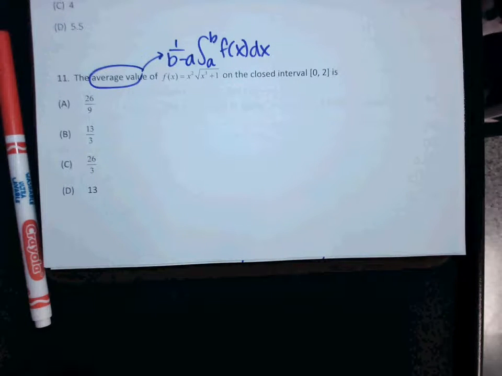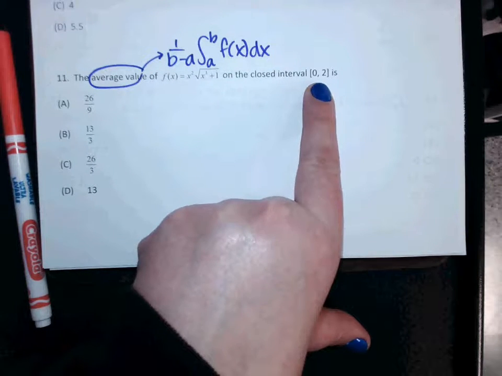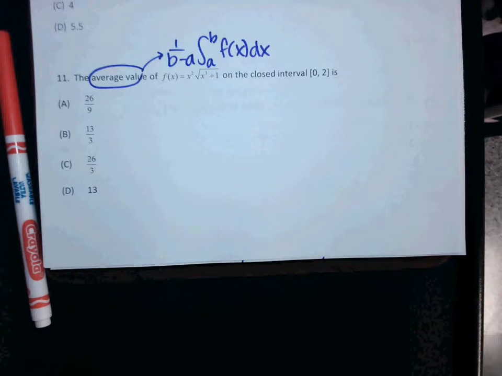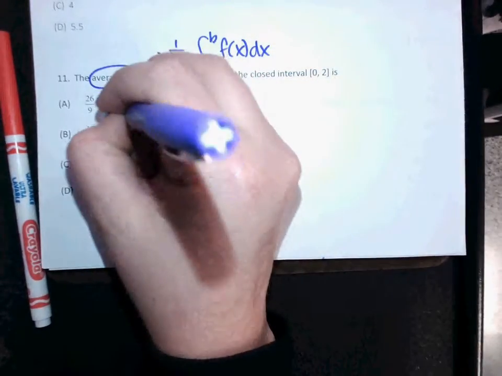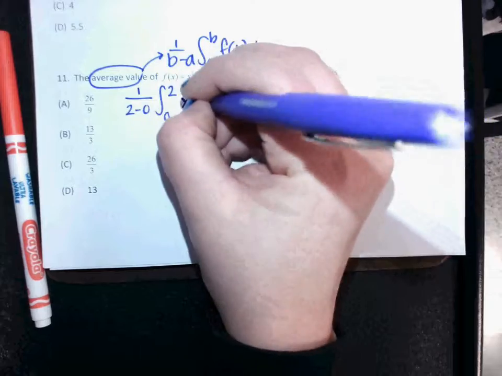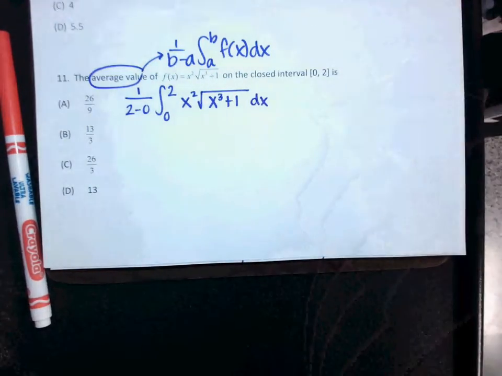What's my interval? 0 to 2. So I want to use those numbers. Don't write the generic. That doesn't count as showing your work. Now, if you put it generic and then with the numbers plugged in, that's fine. But if you're going to pick one, you have to do the one with the real numbers. Okay, so it would be 1 over 2 minus 0, integral 0 to 2, x squared, square root x cubed plus 1,